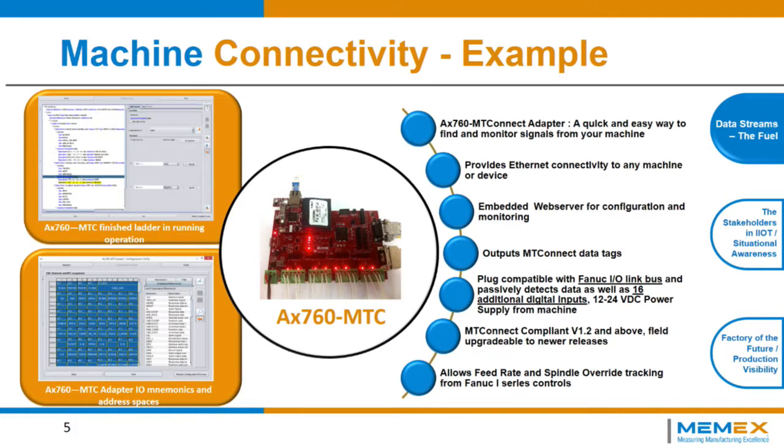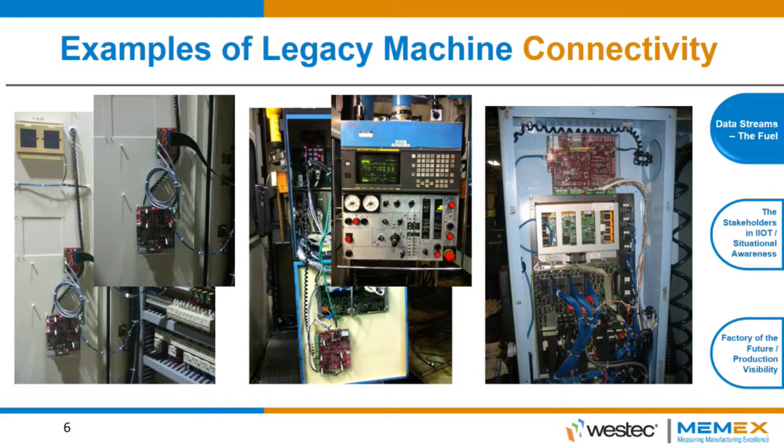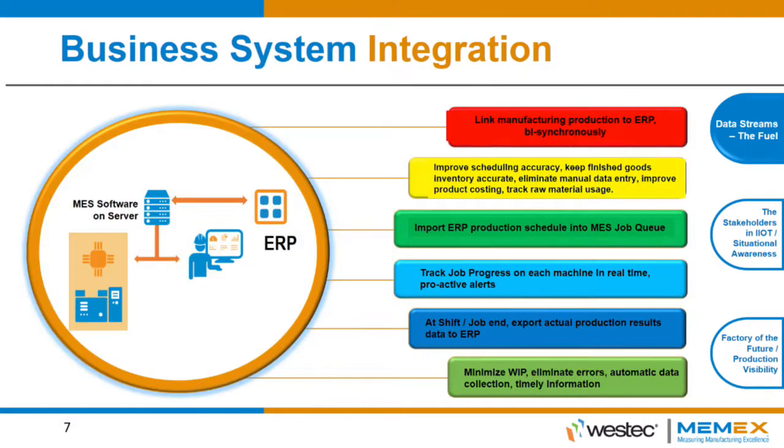I just bring this up because the slide after this shows some pictures of some of these older controls that we've now brought essentially into the industrial Internet of Things, because now we can take data out of them. So we actually know what they're doing. Before the advent of IoT in manufacturing, this was a difficult and expensive exercise, and so what we've done is we've streamlined that now. There are other people that make hardware adapters for legacy controls. I'm just bringing this up because I always get asked this question.